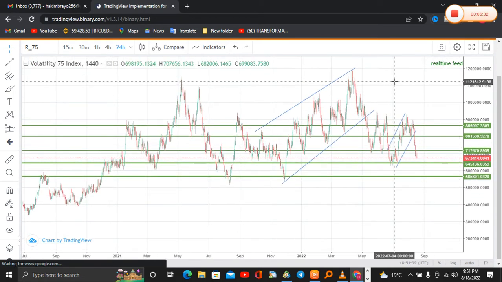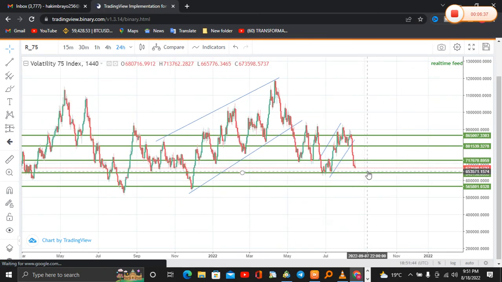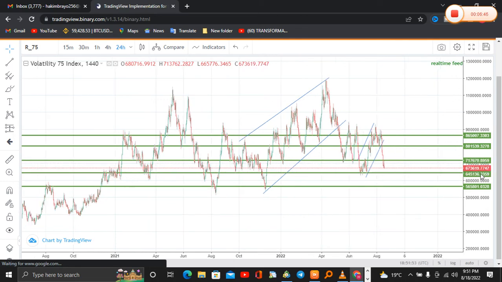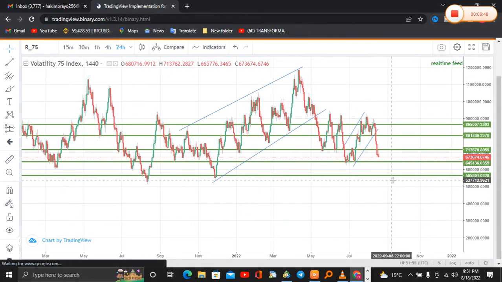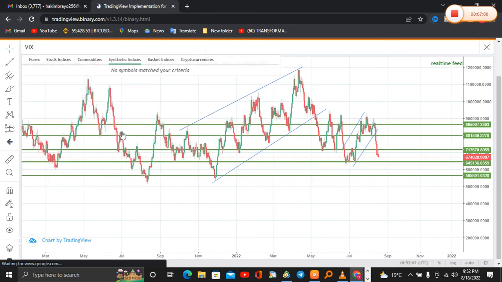And when you are placing your trades, I think you will be focusing more on the support trend line, which is our major market key level or our zone. Now if you are focusing on 75, at the moment we are still in a downtrend, we have a lot of pressure from the sellers. Jumping to the next pair, which is 75 (1s). This 75 (1s) one is